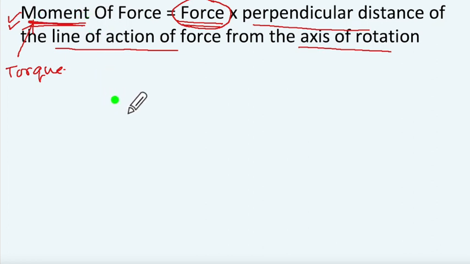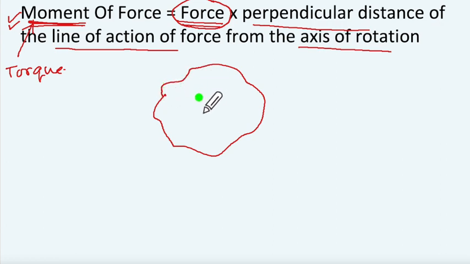Alright, now here classic example that will be given to you is when you have the body pivoted over here and we have number of forces acting. Let us say this is force A. Let us say this is 3 newtons. Alright, and this is the line of action of force this way. Now the perpendicular distance from this, let us call this pivot as O. Let us say this is 2 meter.